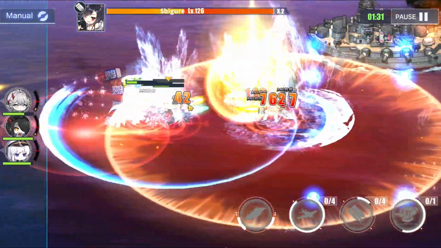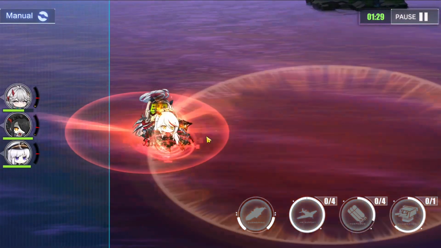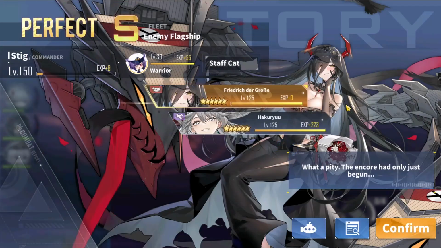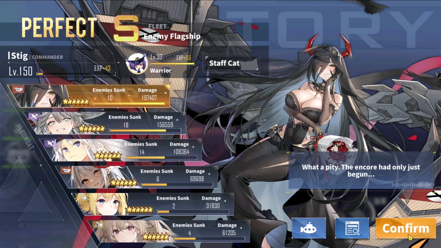So if John dies, then no S rank, but that's fine. アイリスご加護. She survived. For the first clear, it's okay to not get S rank. 残念だわ。アンコールもまだ始まっていないというのに。